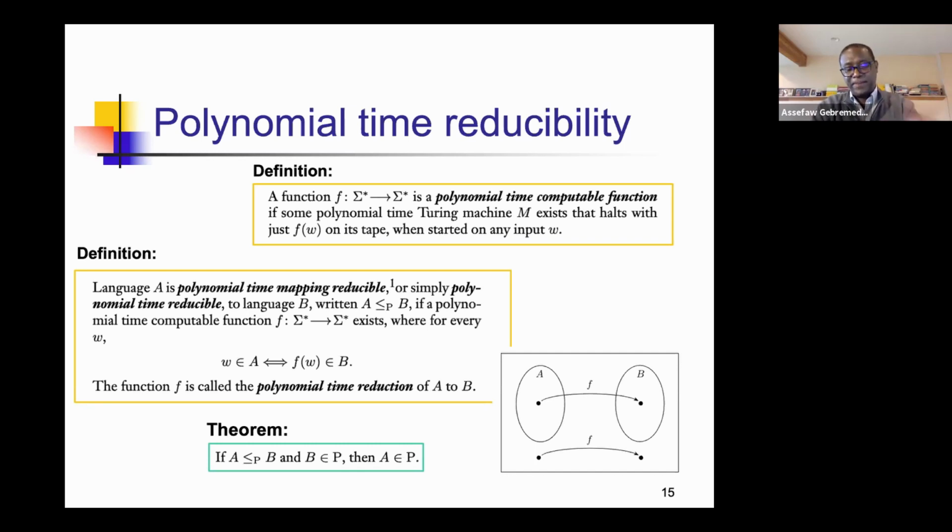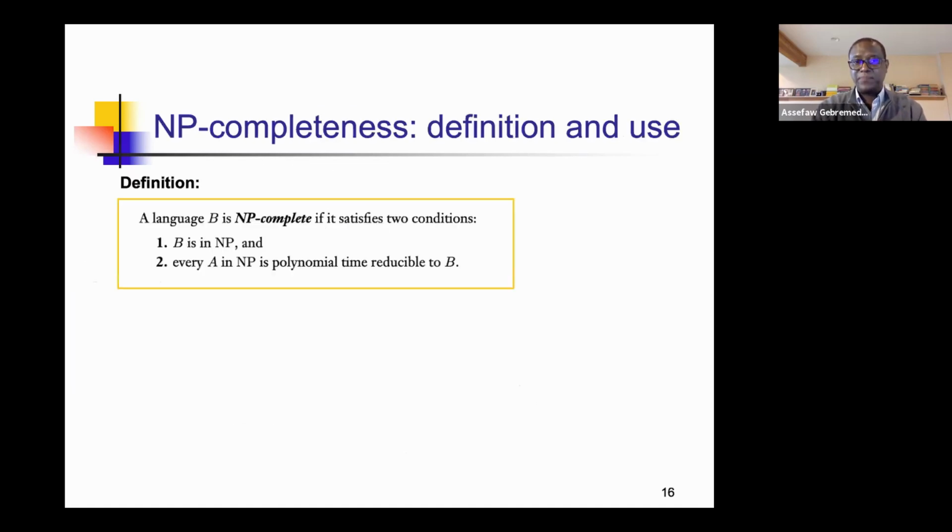I just did the mapping in polynomial time. I could solve P in polynomial time, therefore I can solve A in polynomial time. That will be the significance. But for the kind of thing that we see, and we said Cook and Levin discovered, we will need something